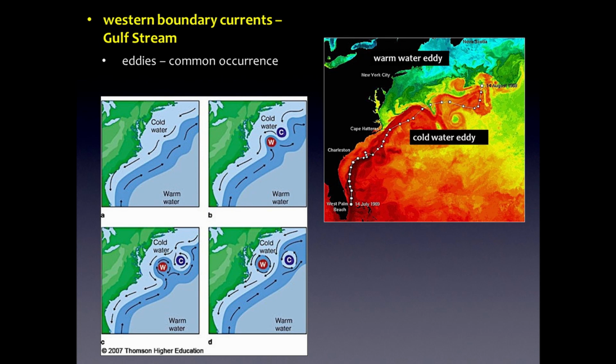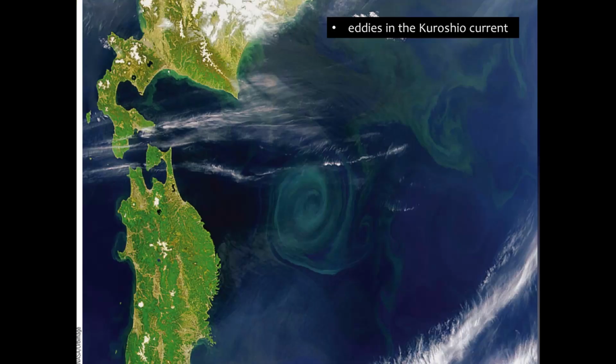We also know that these eddies are present. When we did have that expedition aboard the Benjamin Franklin submersible, they got caught in an eddy for a couple of days and basically went around and around and didn't make any significant distance gains within these days. Eventually they broke free of the eddy and were able to drift further north to Halifax. These eddies can become completely isolated, so what you have is this little pocket of cold water and warm water, the warm water of the western boundary current, or you're going to have a pocket of warmer water sitting in cooler water just offshore. And here's a lovely satellite image of one of these eddies in the Kuroshio current off of the eastern coast